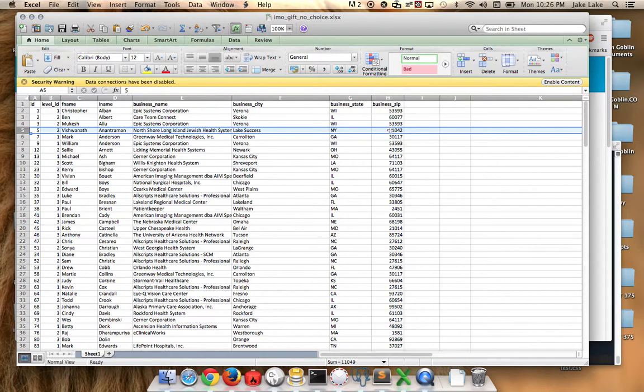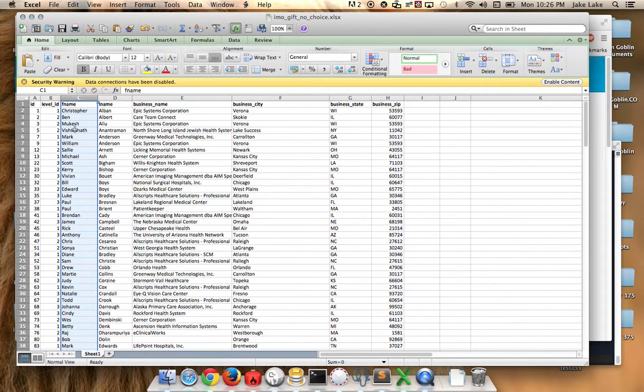So that's another thing. The normal forms link that is listed in the documents that I've added, that's kind of the big thing in normal forms. There's a lot of stuff in there, right? There's 6 normal forms, but really there's 2 big things that you need to know when you create tables for relations. One is that each column should only store one type of thing, right? So this only stores a first name, Christopher, Ben, Mukesh. This only stores a last name. You could have done this as one column and just called it name, and it would have been, Ben Albert. But even pushing it to that level,